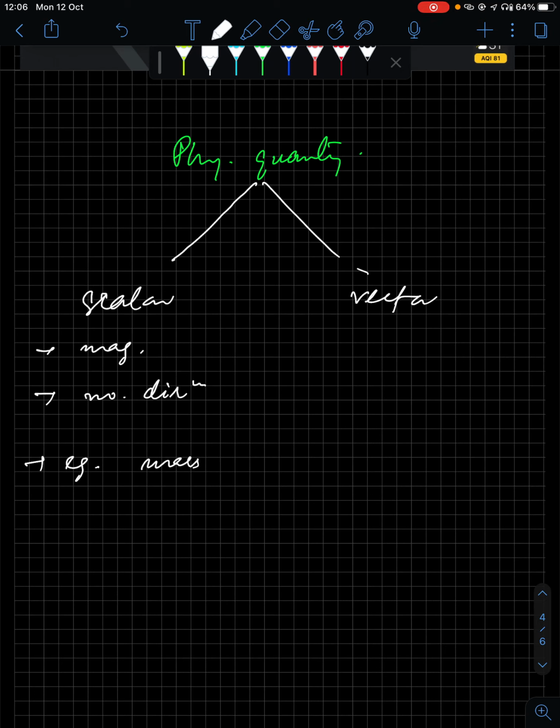But your weight, if 50 kg is your mass, then your weight is 50 kg into g, considering the value of small g, that is acceleration due to gravity, as 10 meter per second square. Your weight will be 500 Newton. That is the weight on Earth. Now, if you go to the moon, this will be divided by 6, because the value of g on the moon is 1/6 that of the Earth.